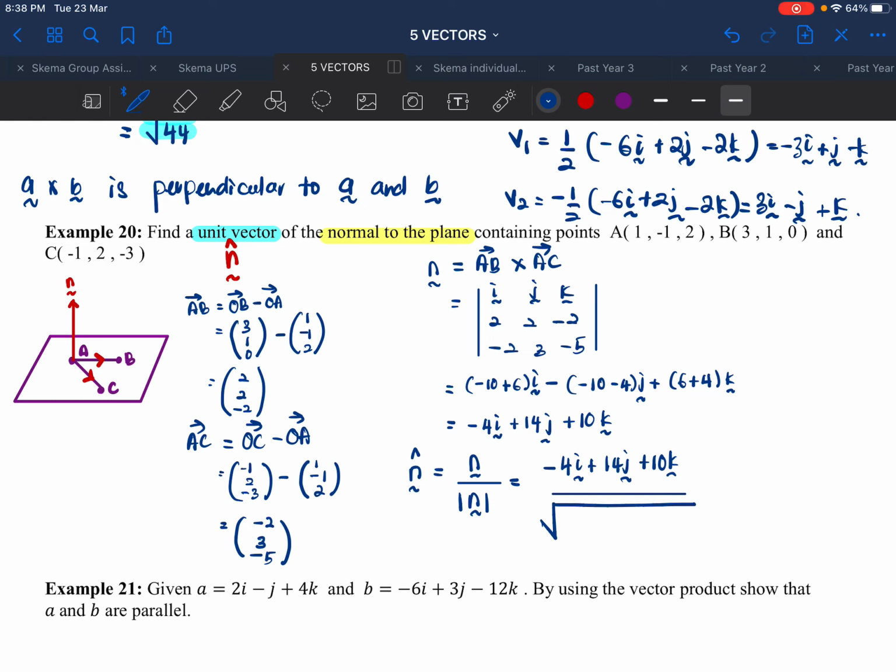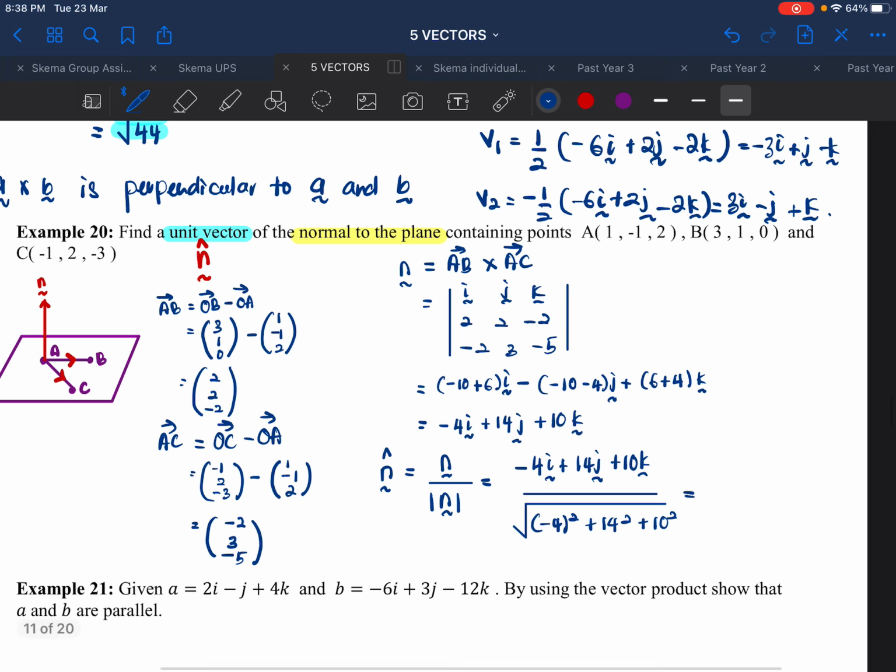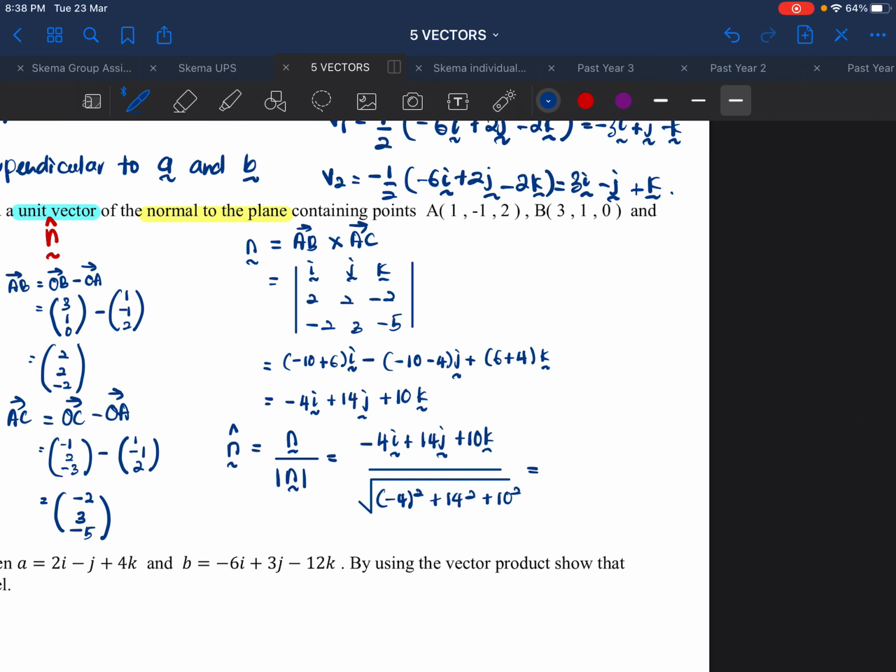Magnitude kita is negative 4 squared plus 14 squared plus 10 squared. So dekat sini kamu akan dapat, bawah kamu akan dapat 2 over square root 78, betul tak? Ini akan dapat 2 square root 78. So make sure kena pecahkan wajib kena pecahkan. So kita akan dapat